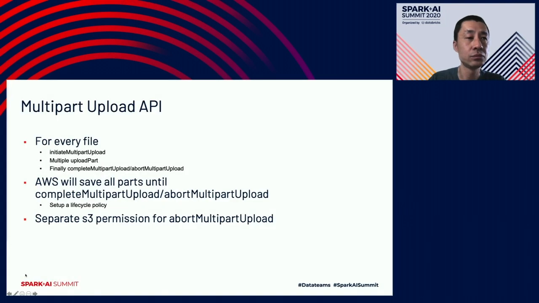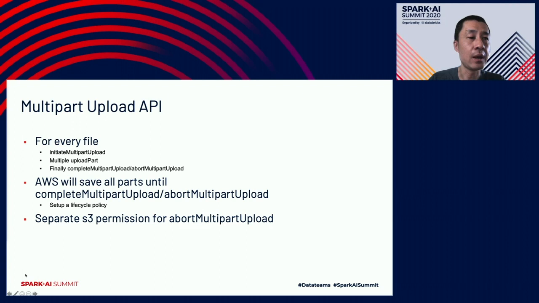The S3 committer makes use of the AWS S3 Multipart Upload API. It consists of 3 stages. First, the user needs to initiate a multipart upload to instantiate it. Then, multiple upload part calls actually upload the file to S3. Finally, a lightweight complete multipart upload will tell AWS to weave the pieces into a complete file and make it visible. If anything goes wrong, the user will invoke abort multipart upload to remove the partial uploads.